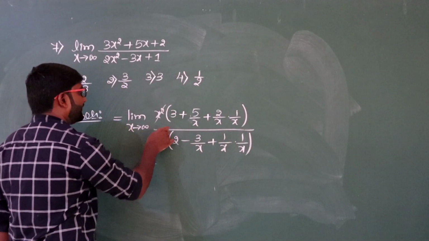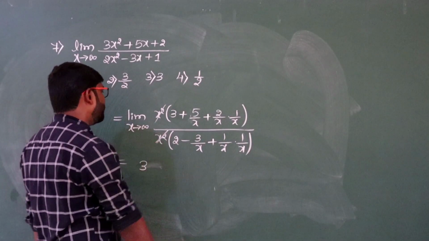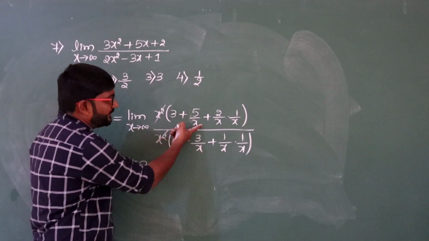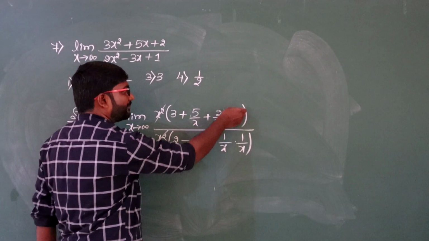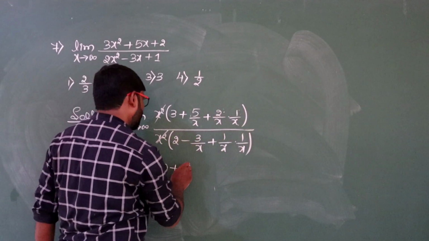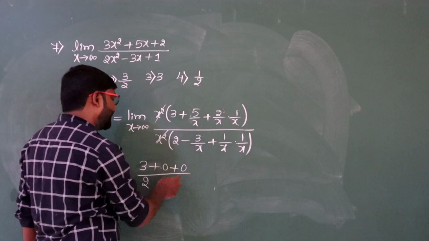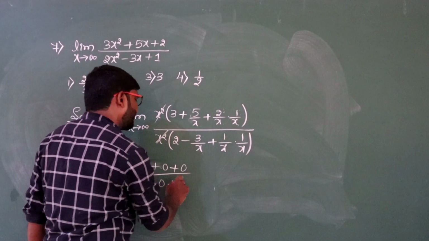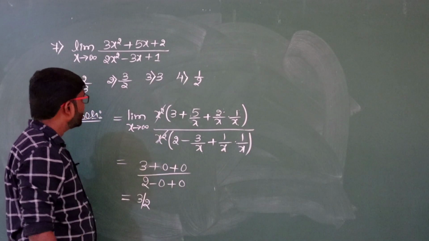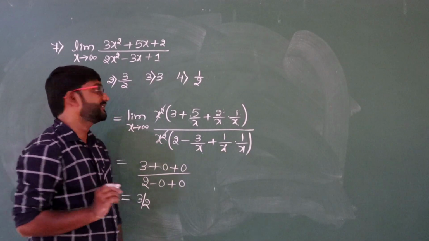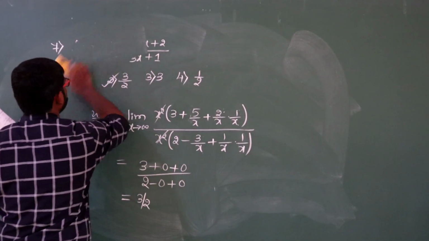So now x square and x square get cancelled. Apply the limit now. Replace x by infinity now. 5 by infinity it will be 0 plus 2 by infinity it is 0, 1 by infinity it is again 0, 0 into 0 it is 0, divided by, so 2 I will write as it is, 3 by infinity it is 0 plus again 0. So overall the answer is 3 by 2. So check the options now. Option 2 is the correct answer. Note down this, then we will take up the next one.